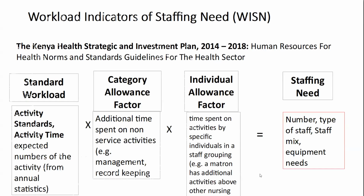So this is some work that we did. I was part of the consulting team that developed the health norms and standards for human resources, and that led to the publishing of this document. I'd just like to spend a little bit of time on it because I think it's useful. A lot of people still plan using